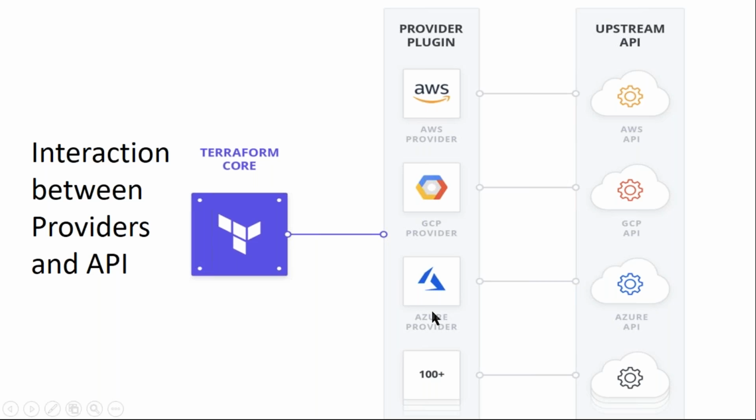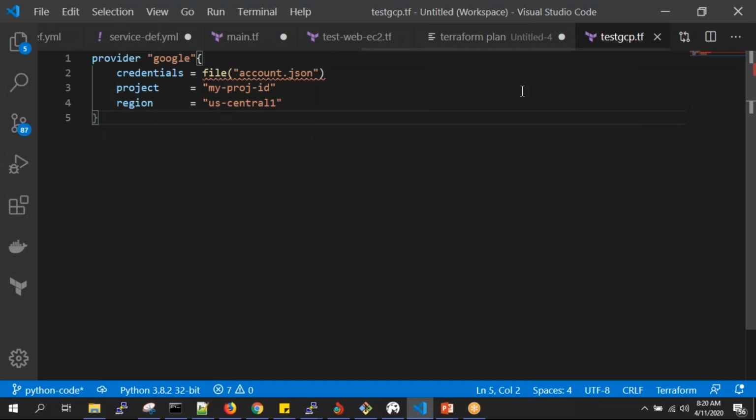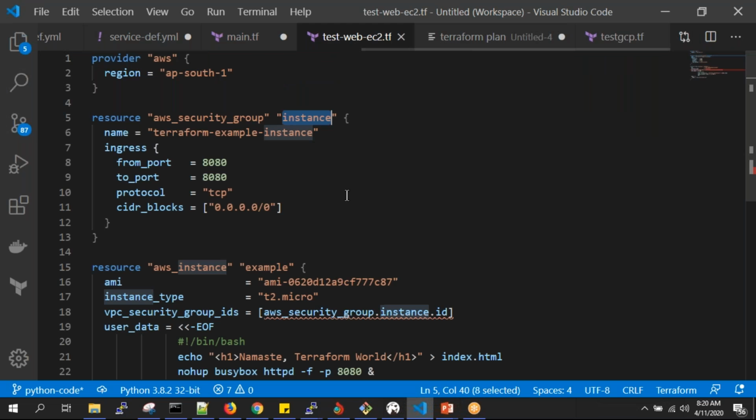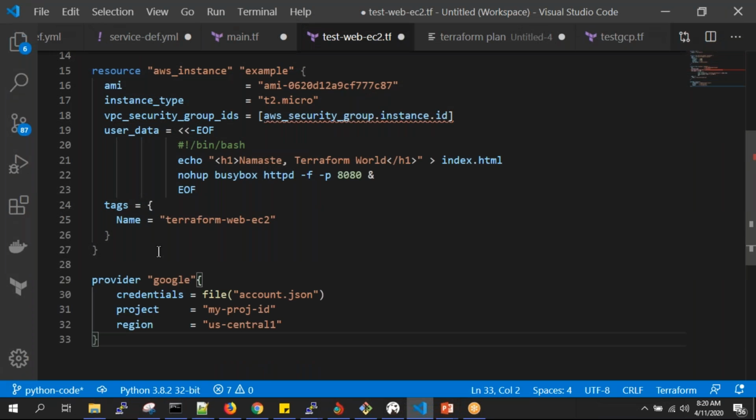So coming to the interactive way of how we are going to use it, Terraform is going to connect with the different provider plugins. Right now what we are connected to, how we are checking, that is AWS. If I'm going to write something about GCP, then it is going to create a GCP plugin. I'll just check that one. Is it going to create a GCP plugin or not? If I'm going to write something like this, it is a Google provider. If I'm going to copy this and put it into the same code, test web, and save it,